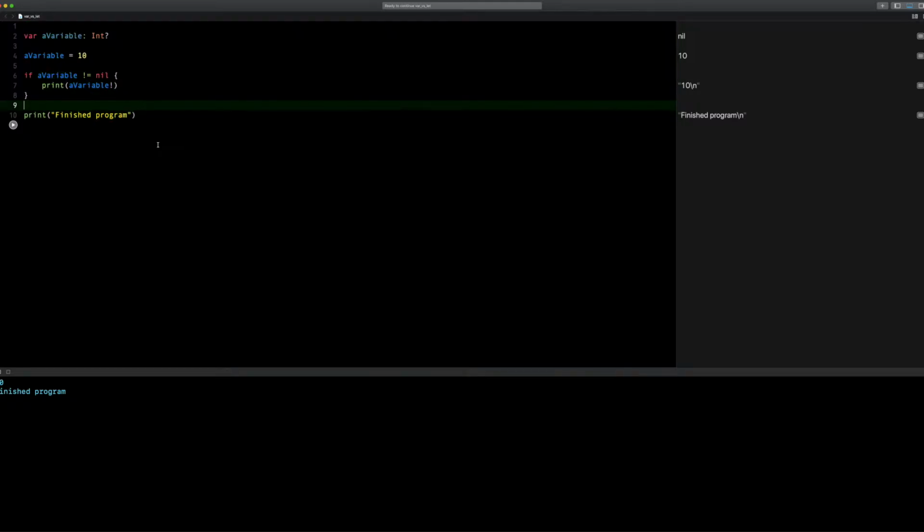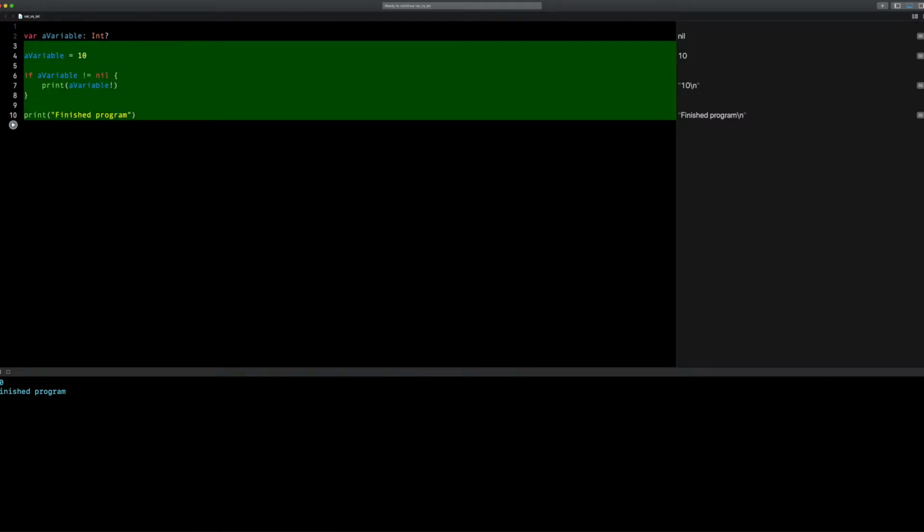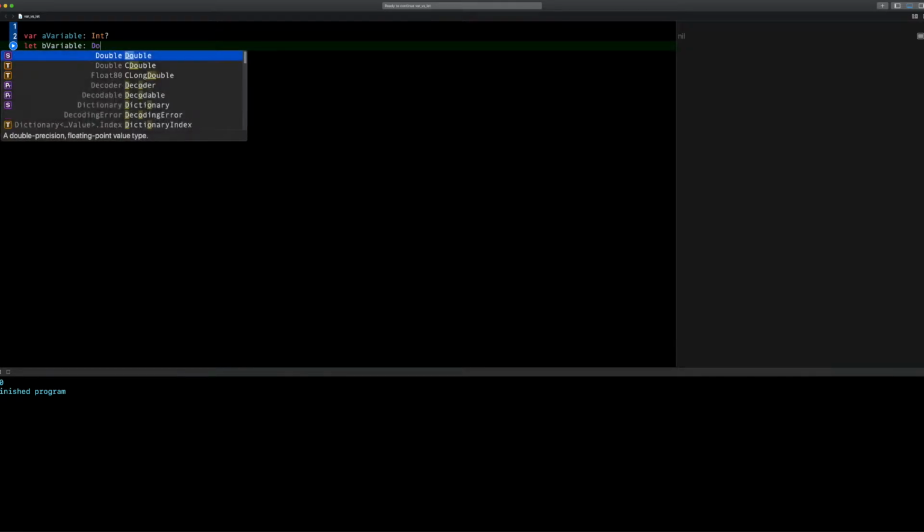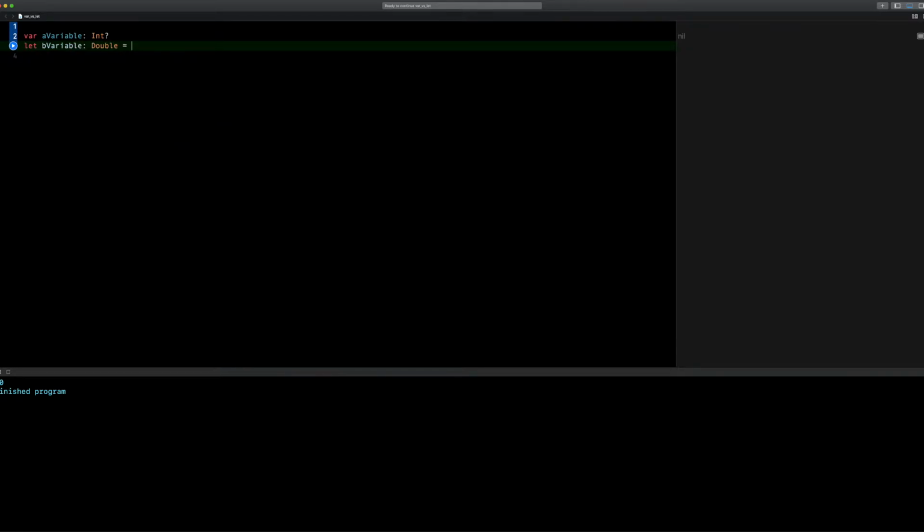To get started, just so that we are more familiar with our vars, lets, and optionals, we're going to have an optional var, and we're going to have a let variable which we will set to a type of Int, and actually let's do a type of Double, and we're going to set it as 10. So for floats and doubles you have to give it a 0.0. You can always give it a 10. Swift would know that this is a 10